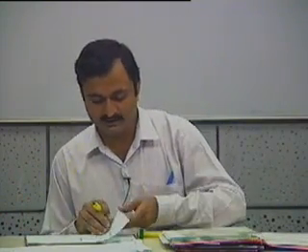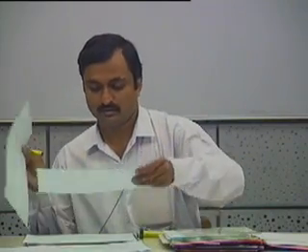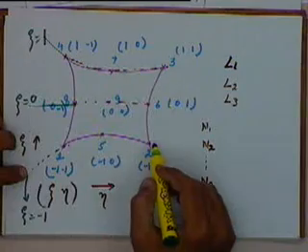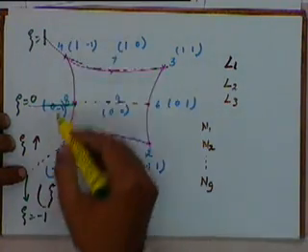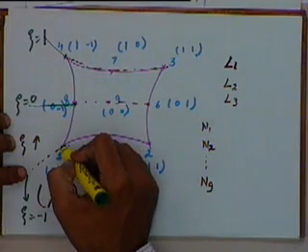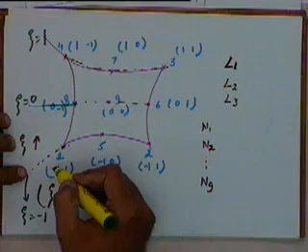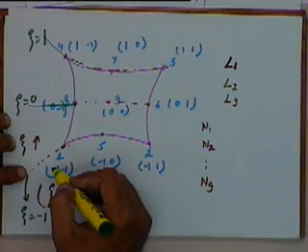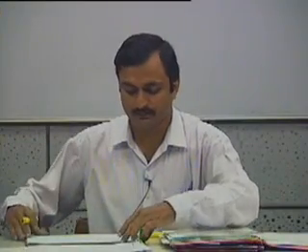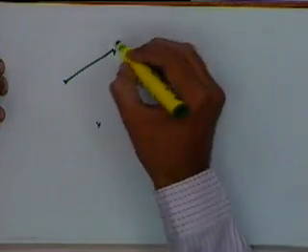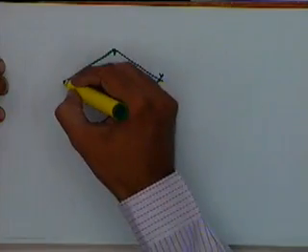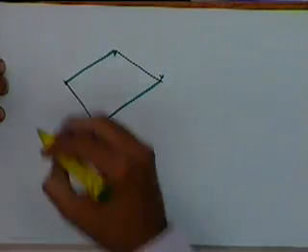Okay, the basic advantage that one gets of taking elements which are either 8 noded or 9 noded is that if I have three nodes along an edge, I can do a quadratic interpolation along that edge. That means earlier, when I was having a simple 4 noded element, my 4 noded element was like this. So the edges have to be defined in a linear manner. I cannot get curved edges.